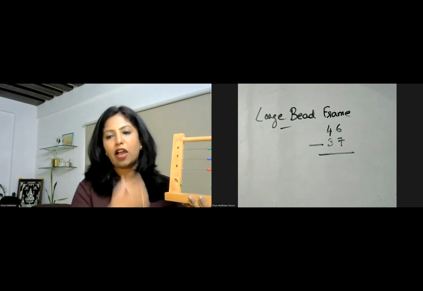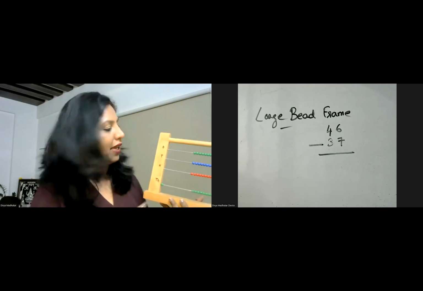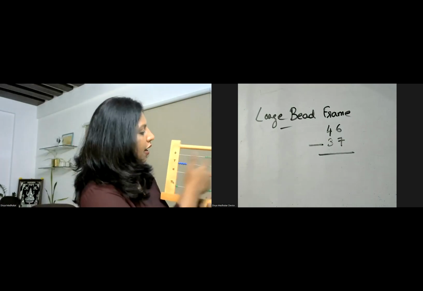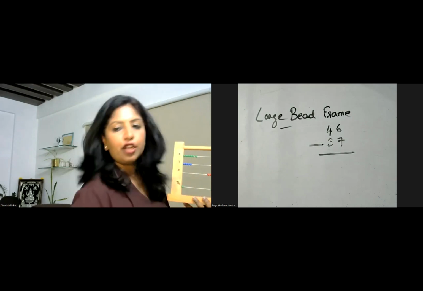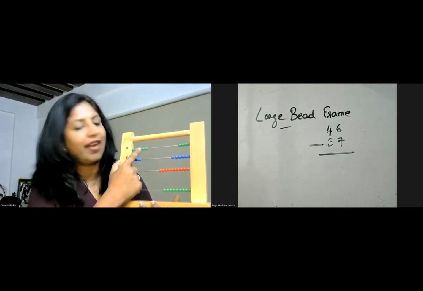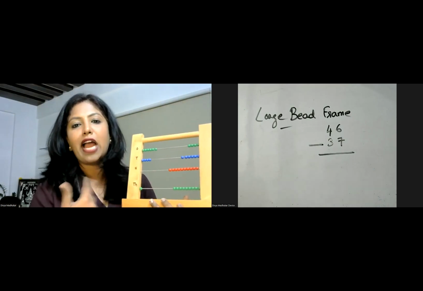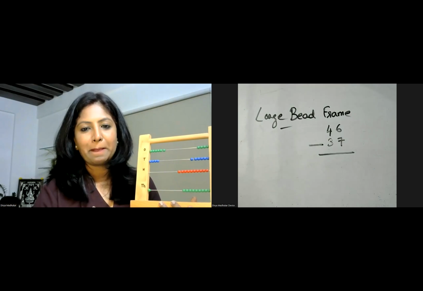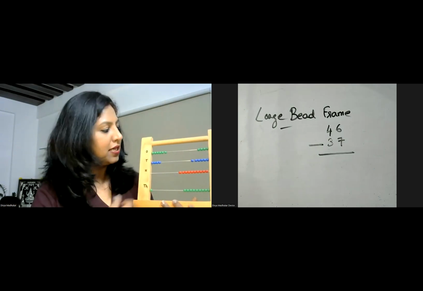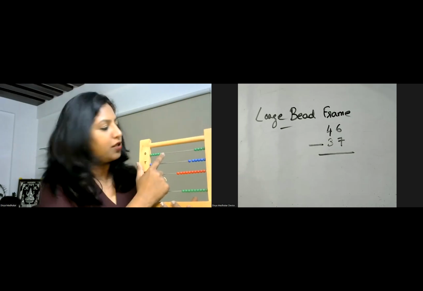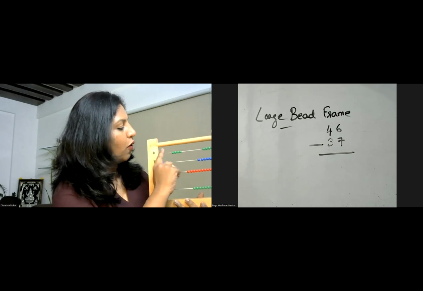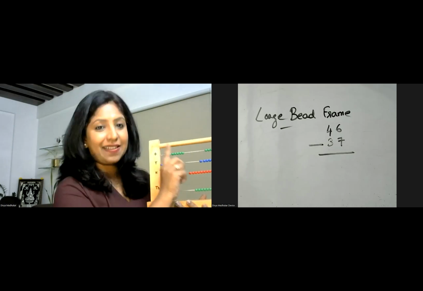So you need to have how many? The first number is what you need to be taking, right? So you need to take your first number. First number is your 40 and 6. You move this. So you had your 40 and you had your 6. Now you need to take away how many? 7. From this you need to take away 7. So do we have 7? First check. 1, 2, 3, 4, 5, 6. You only have 6 here.